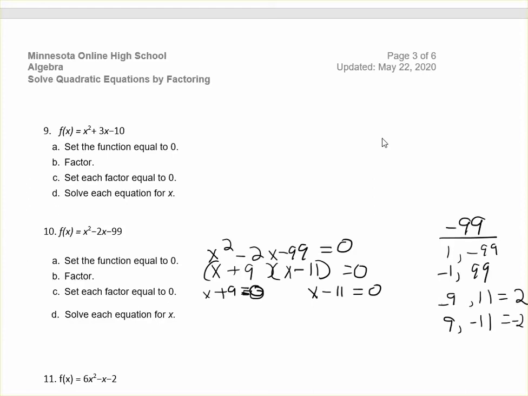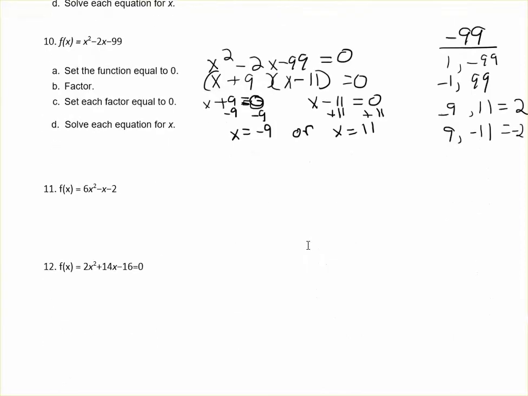So then we solve each of these little equations. I have x plus 9. I need to undo the plus 9. So I would get x equals negative 9. And on this one, I need to get rid of the plus 11. So I do the opposite, which is adding 11. And I would get my 2 solutions are x equals negative 9 or x equals 11. And you will get 2 solutions for each of these up through this problem here. Now sometimes when you